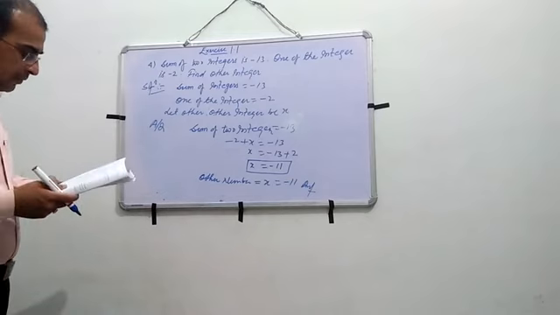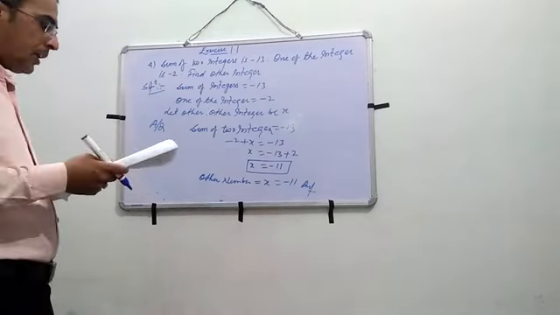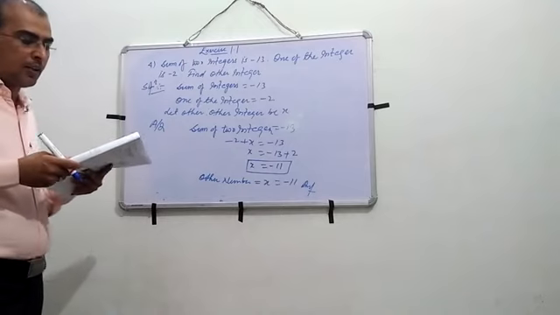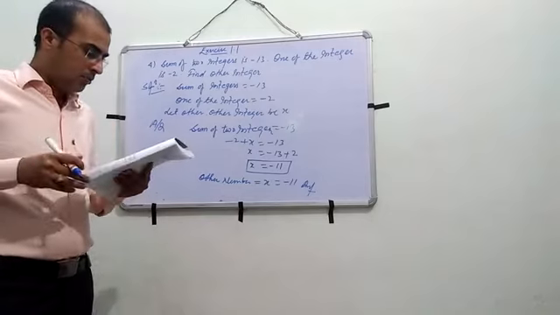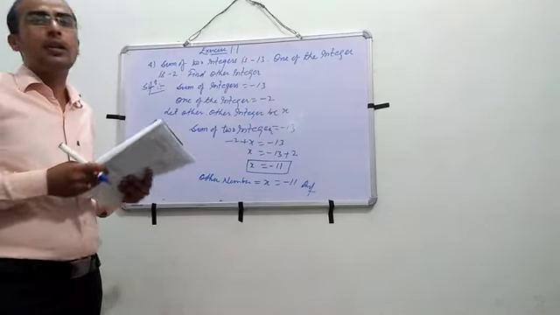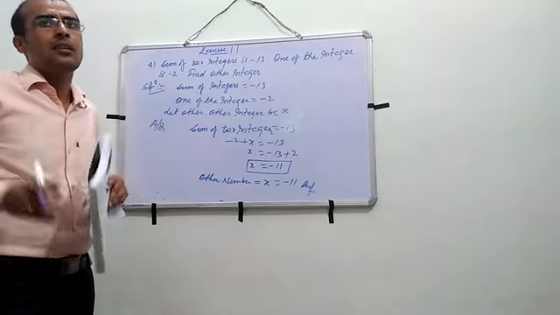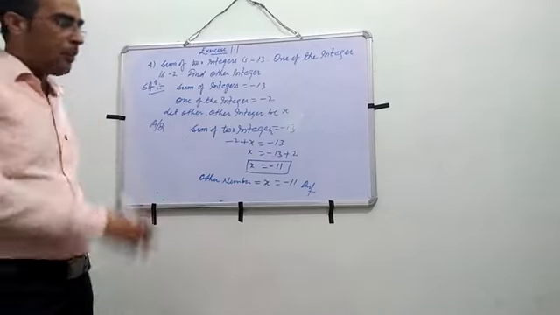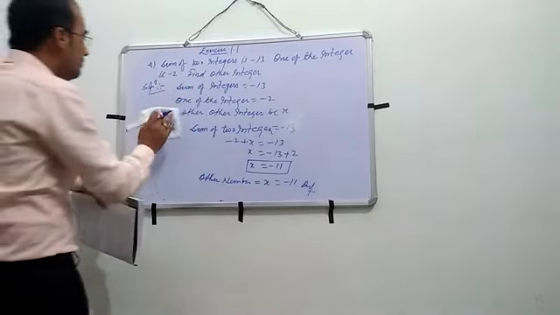Now question number 5. The difference of the two integers is minus 138. The larger integer is 22. Find the other integer. If you download the answer, there you will get the answer 160. That is a wrong answer. So here I am going to solve this question. You can see, don't get confused there.